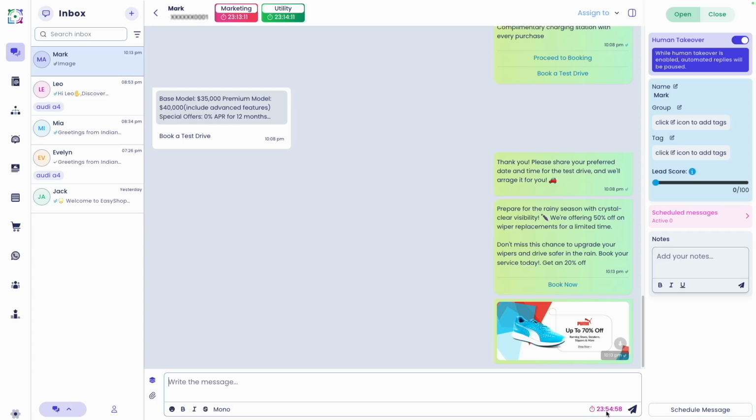If the customer replies to your message, the customer service window opens for another 24 hours, and within that time you can send any type of message without additional charges. You also have the option to format your messages with bold, italics, strike-through and monospace text to make the conversation more engaging. And lastly, emojis are supported in all types of messages, helping you express emotions and make the conversation more personal.